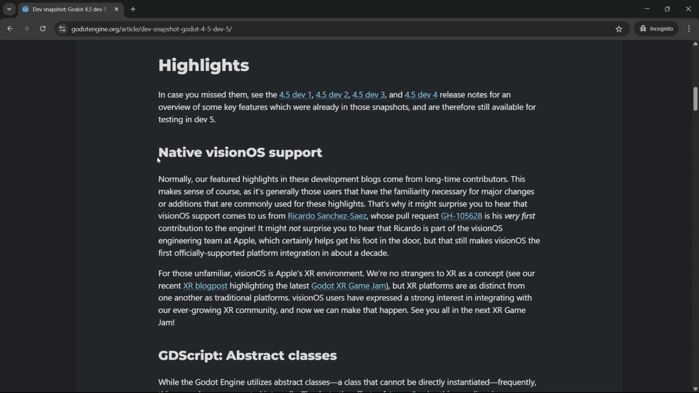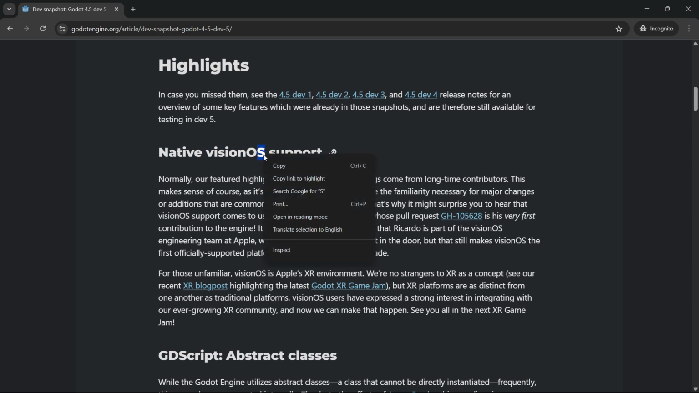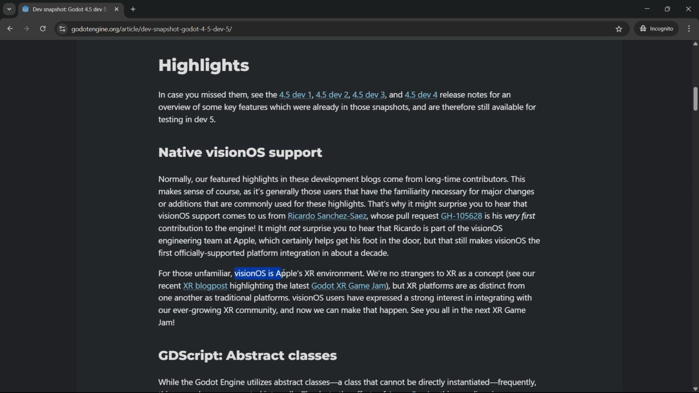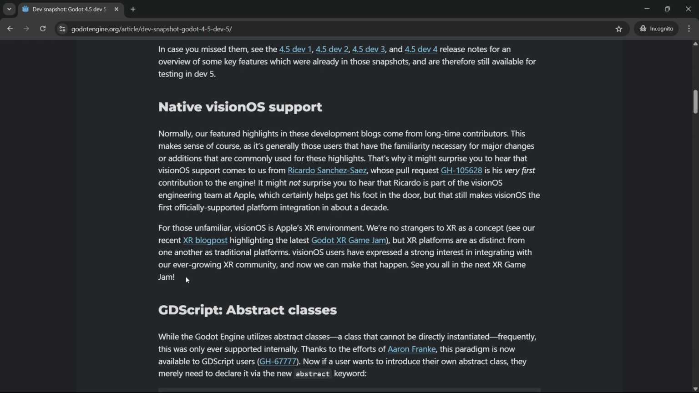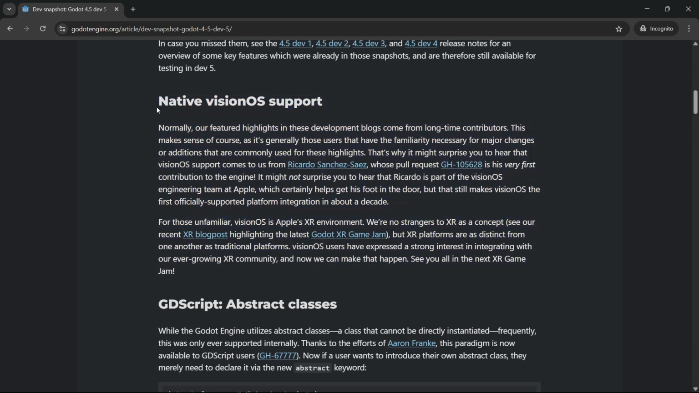So first of all, we are now gonna be having native Vision OS support. If you know what Vision OS is, it's basically Apple's XR environment. So once again, Godot just making some improvements in everything that has to do with XR. Once again, not really gonna be covering this a lot since it's something super specific for super specific Godot developers,